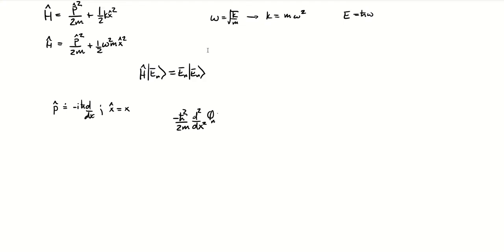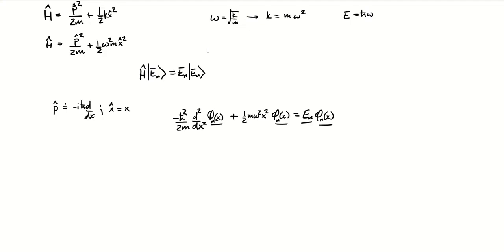Where we would have those plus 1/2 m omega squared x squared equal to E sub n, right? And this is a differential equation where we could solve for our eigenfunctions as well as our eigenenergies E sub n. We can do that, but we're not going to brute force through it that way. There's a lot of differential equation work, but after a lot of effort you will get those eigenstates and the energies properly.